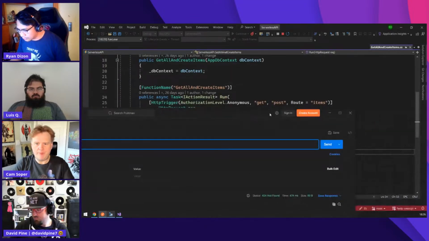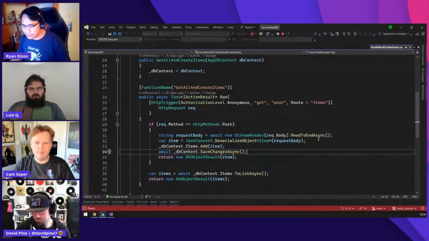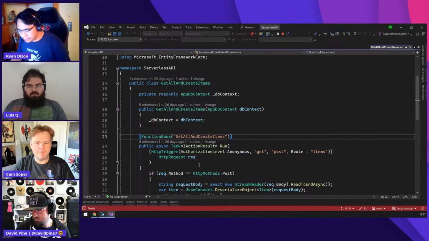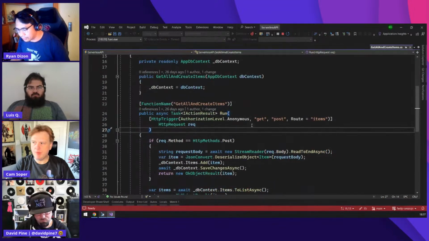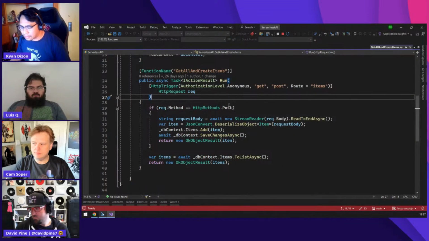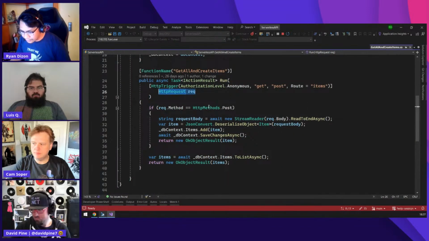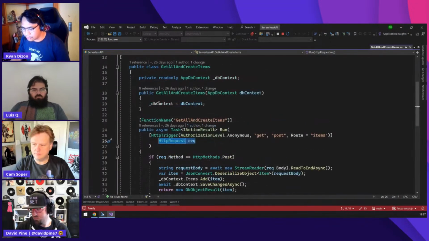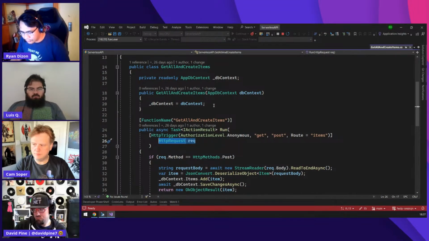So to examine this implementation, we are using an HTTP trigger here, where we are handling the get and post methods, and we are fetching the request object. This is just a straightforward example where you also have a constructor for your dependency injection.